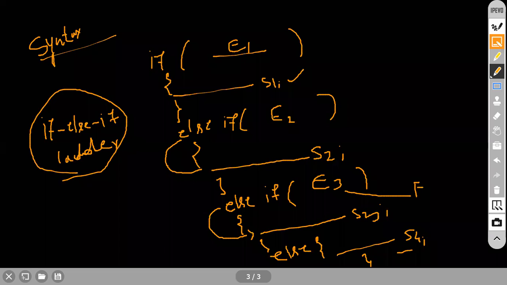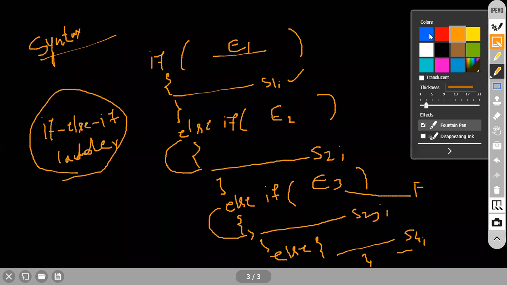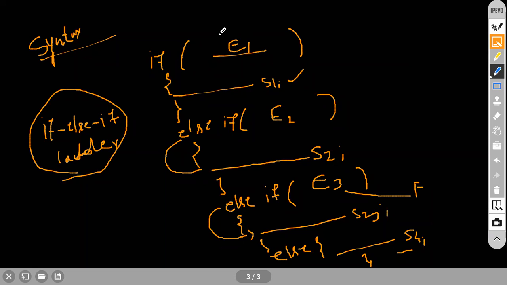So this is the one. I think everybody is clear. So please see here; once again, I will explain. We use the keyword called if. The control starts from here. It will check the expression. If this expression gives the true value, please understand, immediately the control enters into this particular body. What body is that? The if body. It will enter over here.